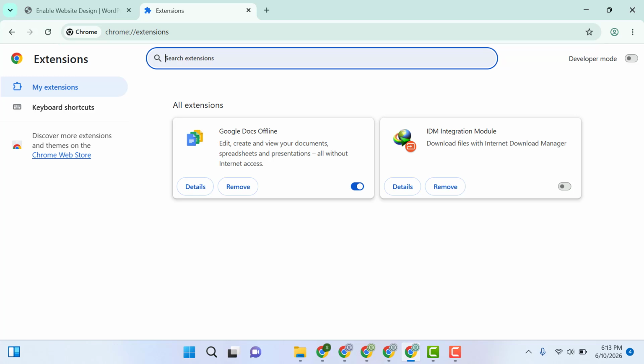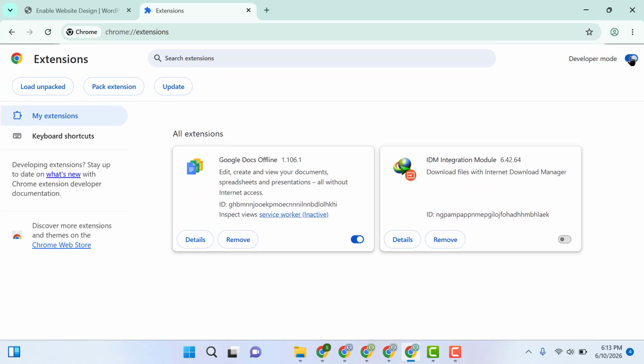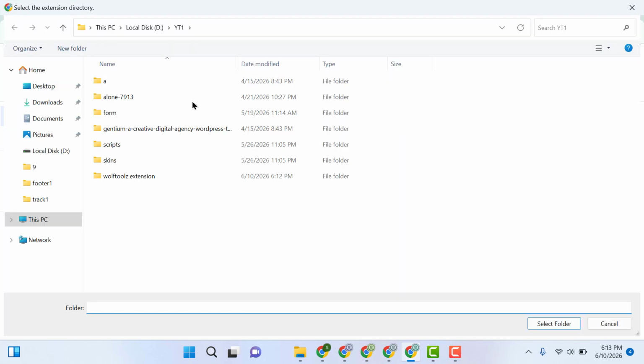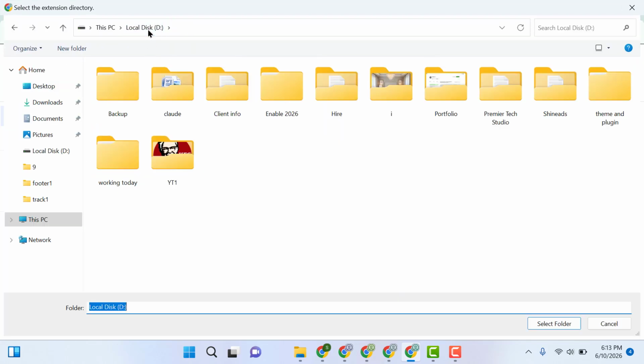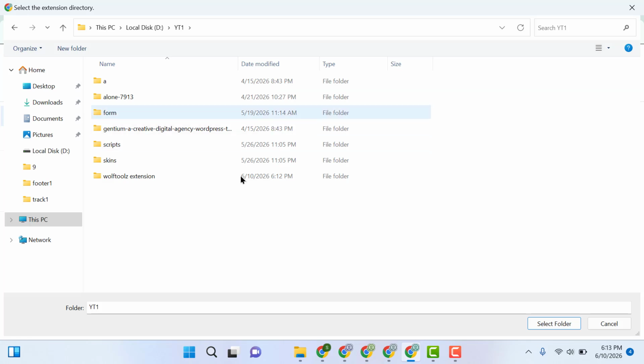Now let me go back and then we need to enable this one, developer mode. Then click here, load unpacked. Now we need to go back and then open this folder. Now here we don't need to select the zip file, just we need to select this folder and then select